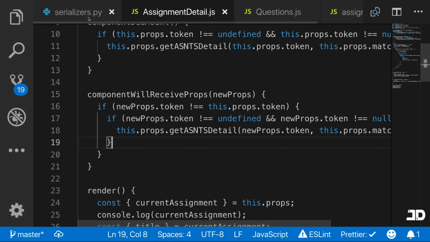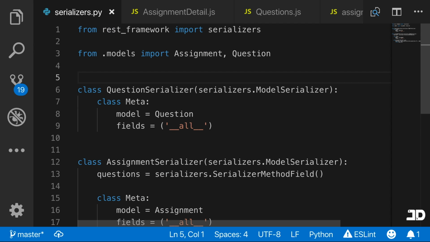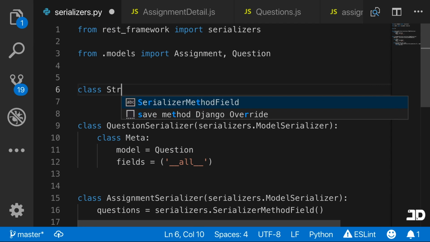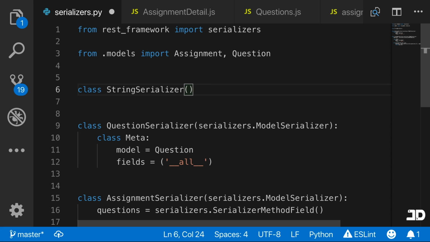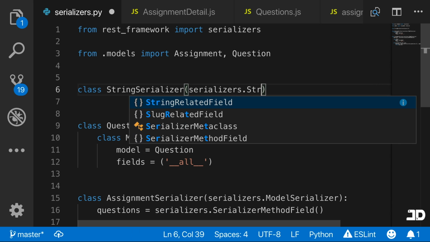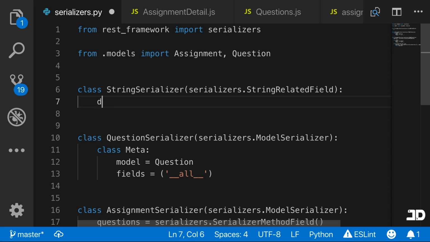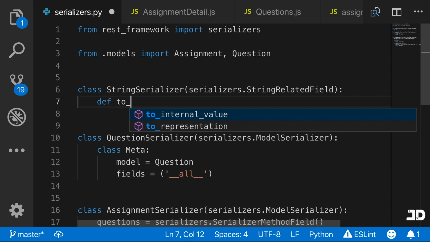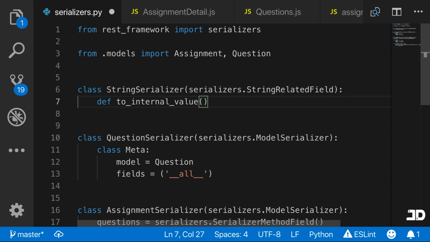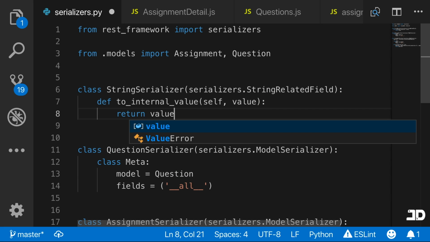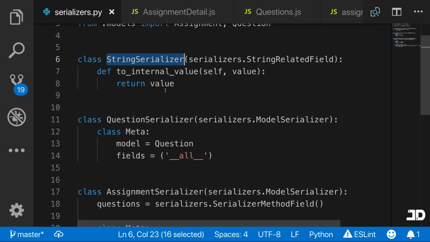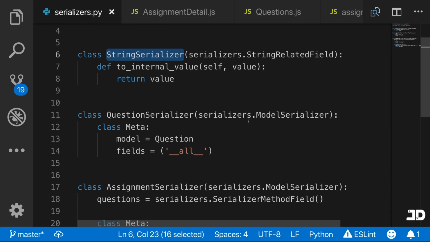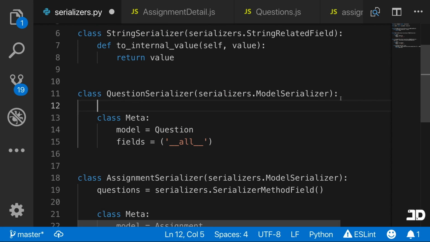If we just go back to our serializer, we can use a string serializer. So we can just say class StringSerializer, which inherits from serializers.StringRelatedField. This requires one method, which is to_internal_value, and it takes in self and a value, and then we just return value. Then you can use the string serializer to convert fields in your other serializers into a string. So for example, on the question serializer,